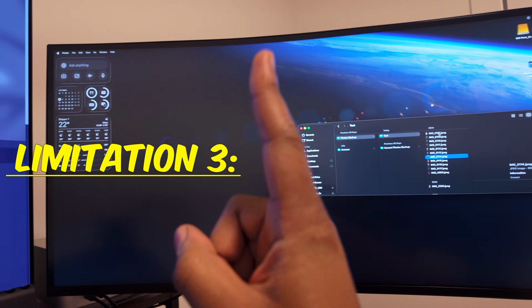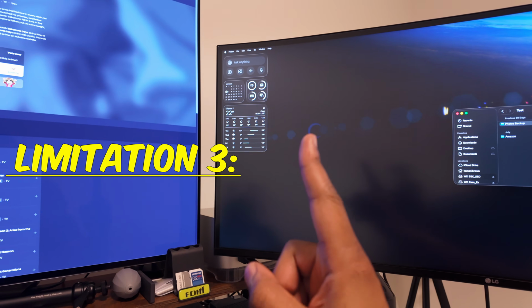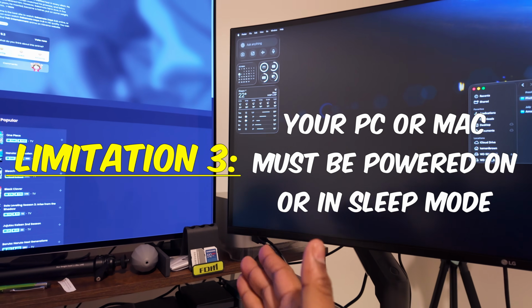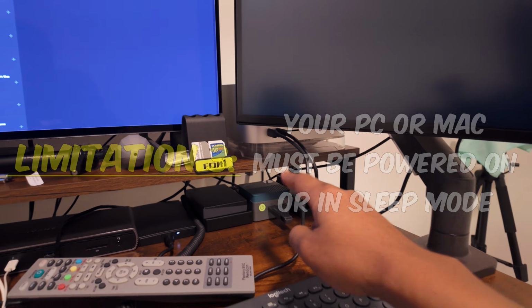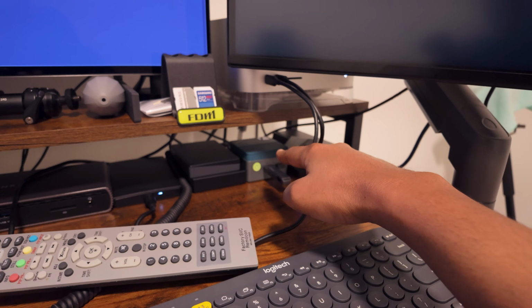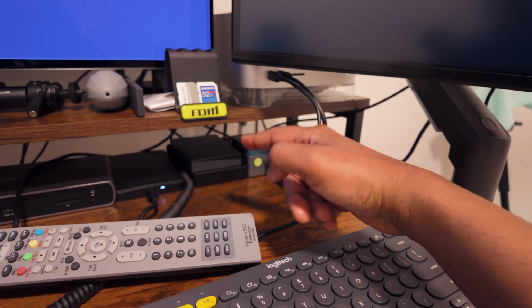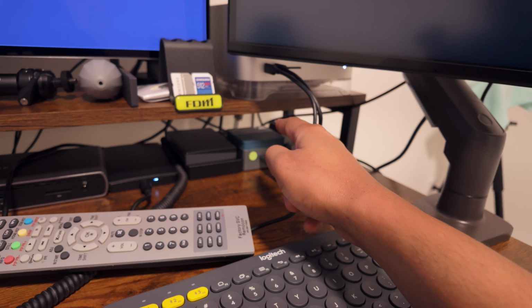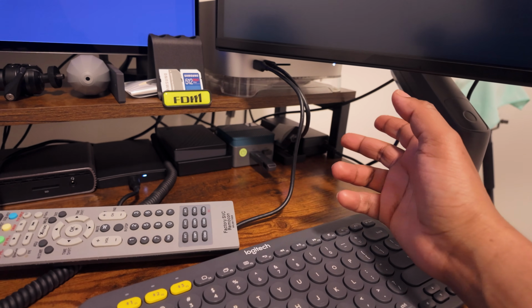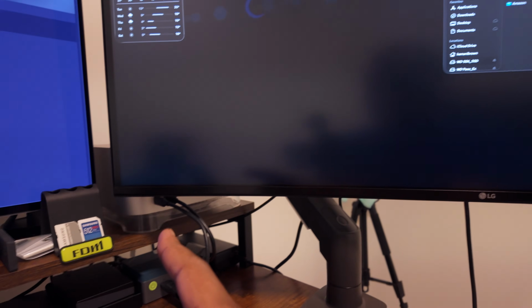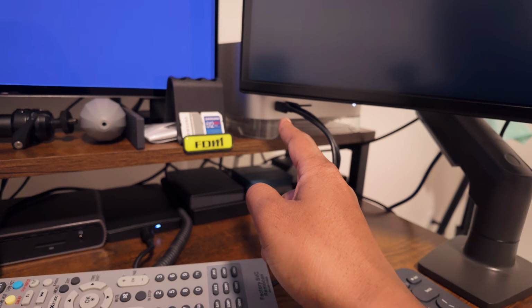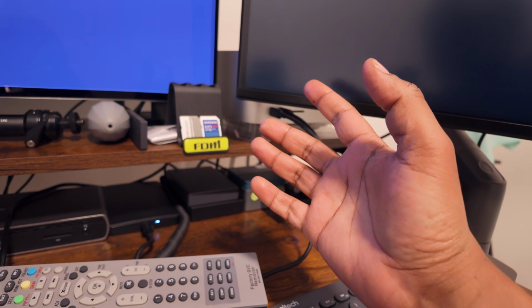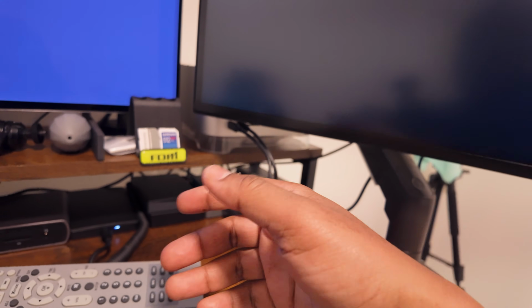Now, another key thing to note that I should have mentioned, forgive me peeps, it's a lot of stuff to remember for this. Your system must be on or in rest mode. For Windows devices, this one here, it will have to stay on constantly, or if you have some way to wake it up from sleep, but it has to have power in some shape or form to allow the system to wake up to access the drives. macOS is a bit more, well, a lot more efficient in that regard. For the Mac Studio especially, it has a lot of wake on demand, so to speak, whenever it needs to